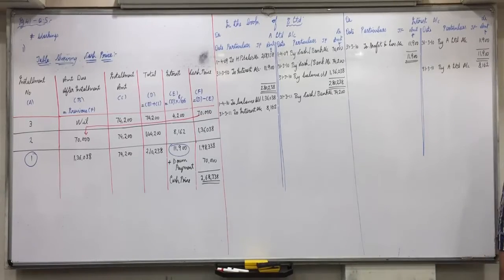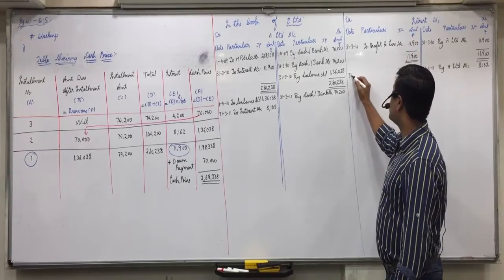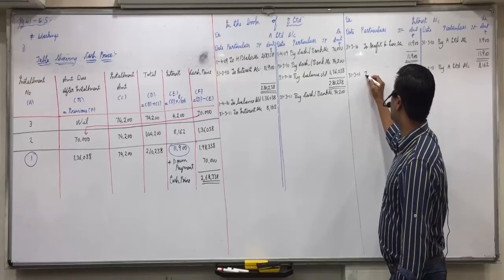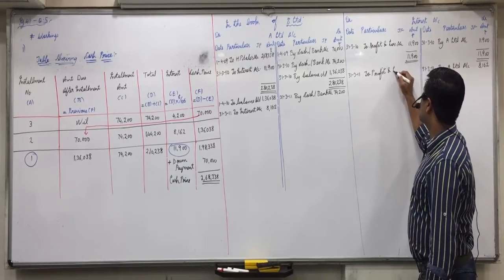After the installment, we don't have the entry of depreciation. Directly which entry? Closing entry. Here no depreciation, we are doing it in the seller's books. Interest account debit to P&L. Reverse: here interest is an income, so you have to close it by debiting it. So interest account debit side 31,311 to profit and loss account.